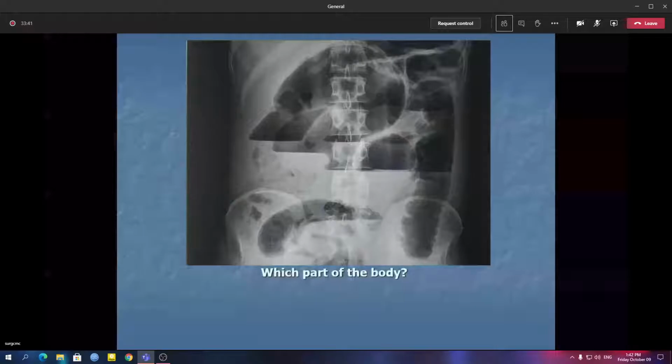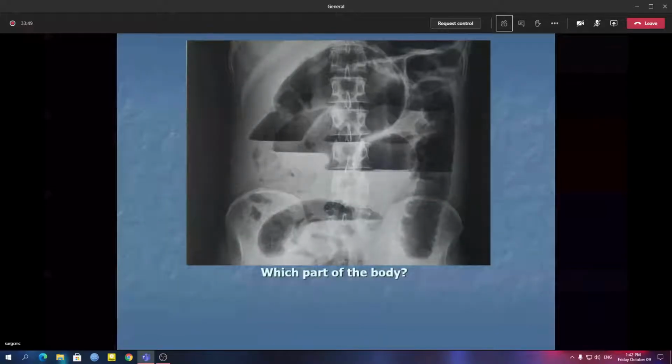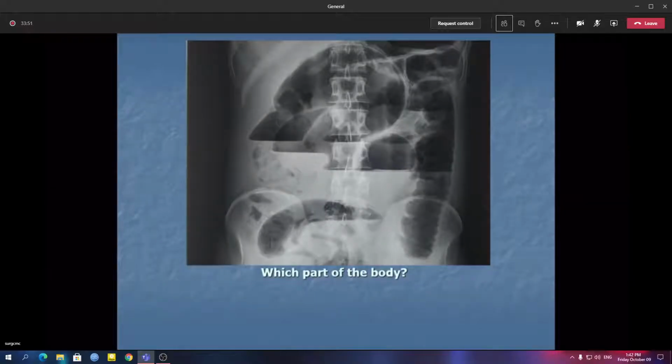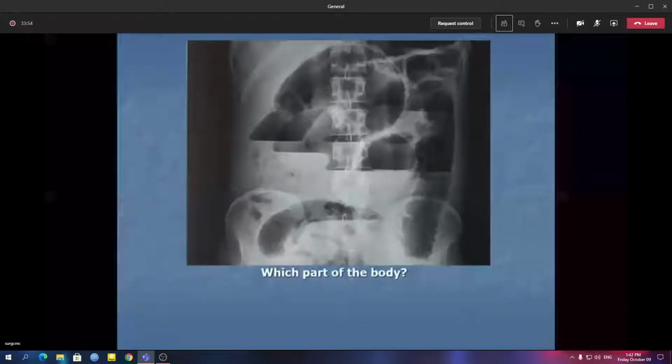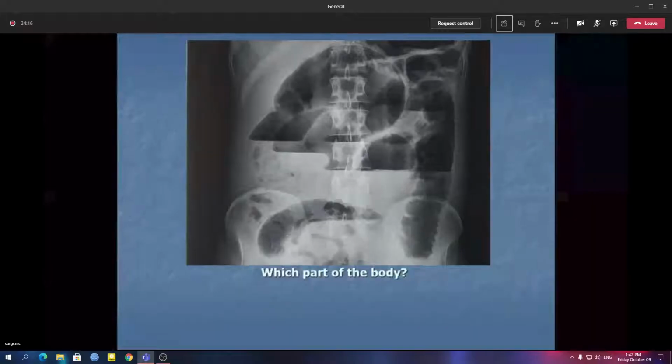It should be a chest X-ray PA view only, including both domes of diaphragm, so that you can see if something is there below the diaphragm or not. But in actual practice, what we do or what you have seen us doing, that is, we ask for a straight X-ray abdomen in erect posture, including both domes of diaphragm. That is also done. But if you are asked to do one X-ray only, it's a chest X-ray PA view only. That is the answer. And if the patient cannot stand erect, then what we will do?